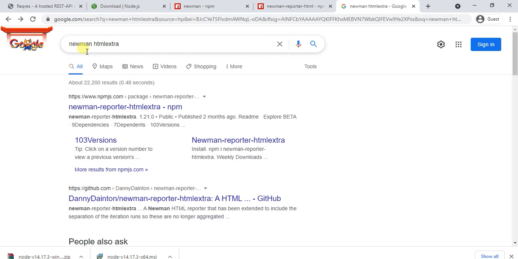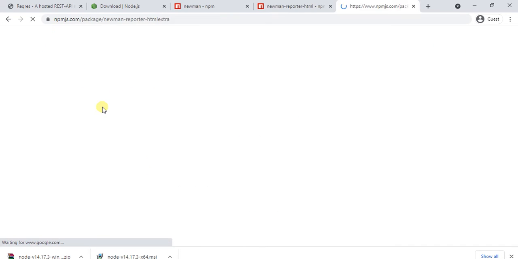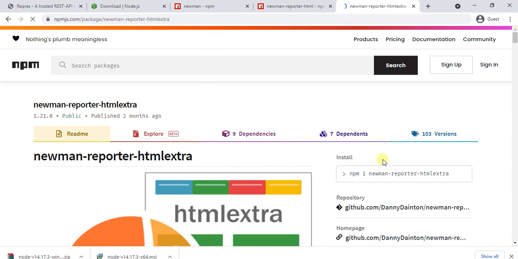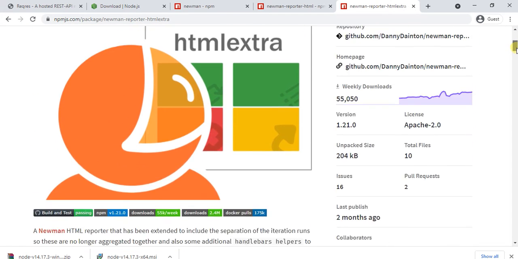Now I'll show you the Newman HTML report. So just click on the first option. So here the installation is npm i newman-reporter-htmlextra. This you need to install using the command prompt.